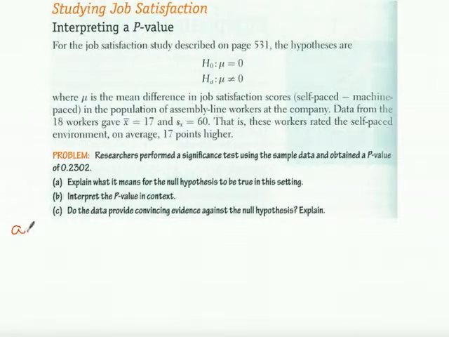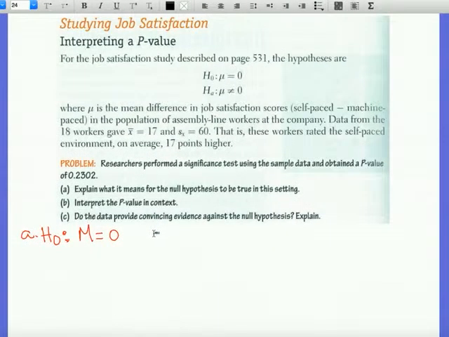All right, so for A, if the null hypothesis is true in this setting, then that means that the mean difference in the satisfaction scores, the self-paced minus the machine-paced, for the entire population of assembly workers at the company is 0. So I'm going to type all that out because that's a lot. So it means the mean difference in the satisfaction